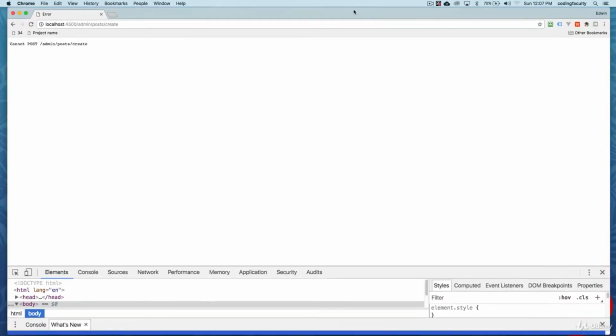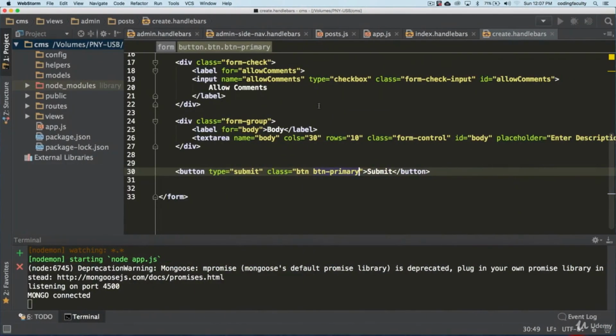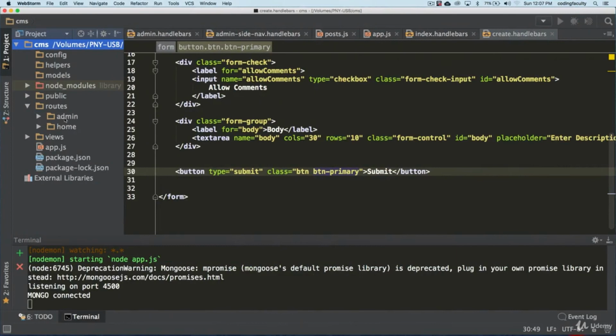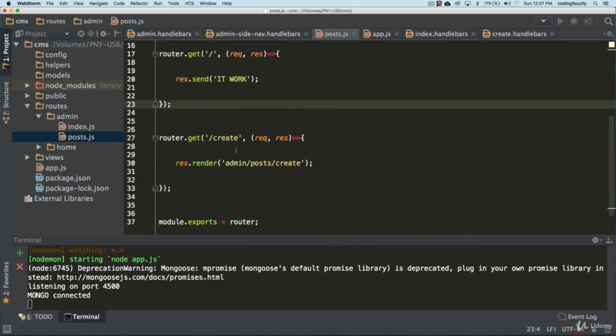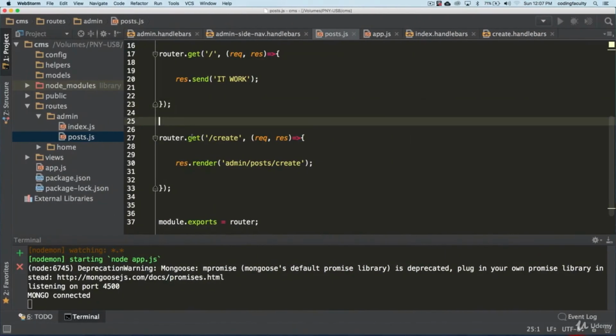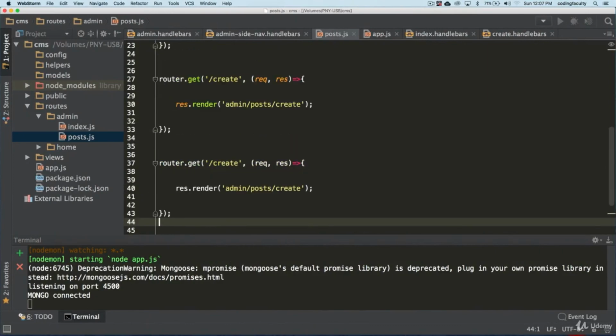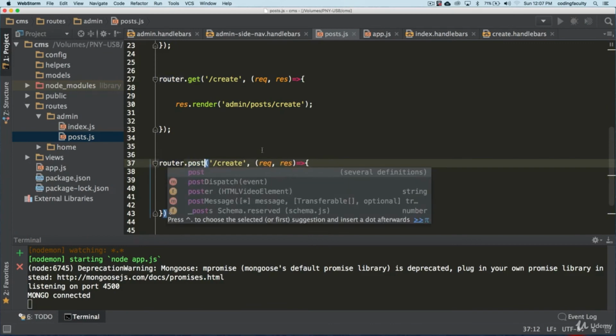Let's go to the project, and this is where we are right now. For some reason, we cannot post data to this route here. Let's find out why. I'm pretty sure that some of you guys figured this out already, right? Remember that when we submit data, we need to go to our routes first. So let's go to admin and post, right? Well, remember that this is submit and post data. We don't have a route to catch post data. Our routes are catching get data. Okay, so if we go and do this and we change the get to post, now that should work, right?